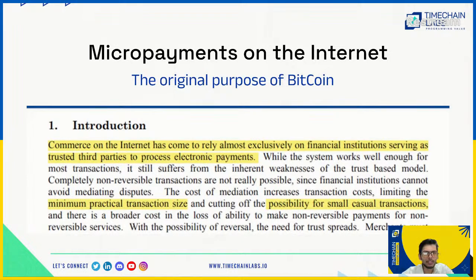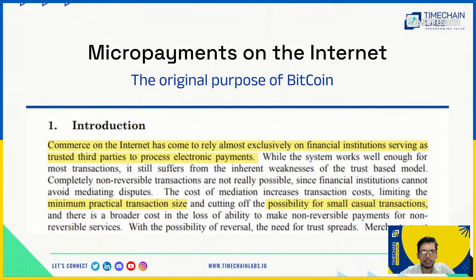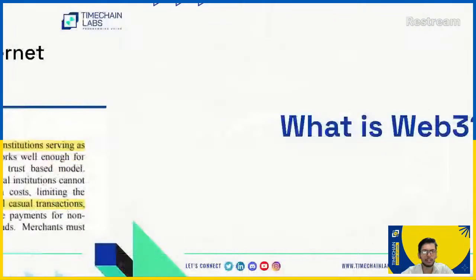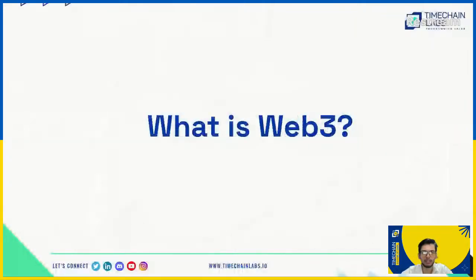With the possibility of reversal, the need for trust spreads, and the need for payment intermediaries to come in, and a lot of cost associated with the transaction also comes in, and the settlement times also go high. So that all gets removed if you have an irreversible payment system. That's the original purpose of Bitcoin, and that's what Web3 is all about. There is a term called Web3, which is the new version of the internet, or the more forward looking version, because we don't have that achieved yet. The forward looking version of the internet that wants a data economy to be achieved between different parties.